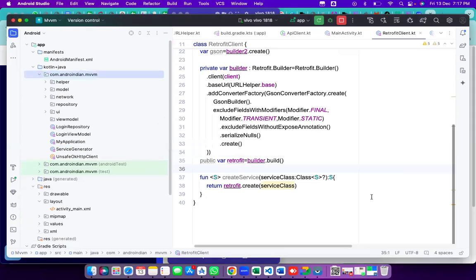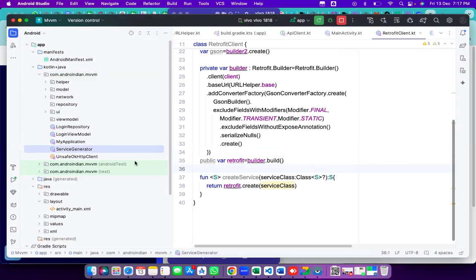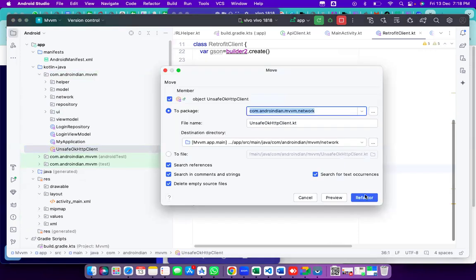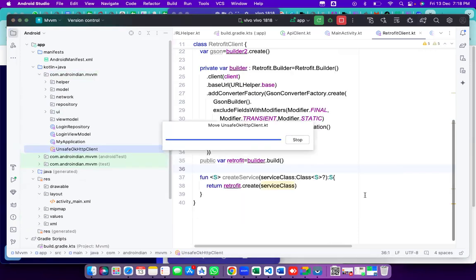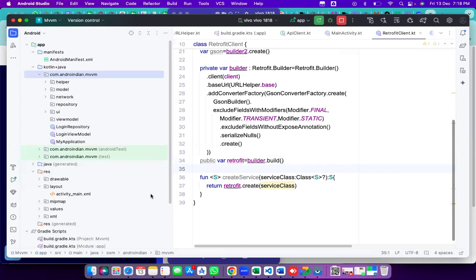Then after that, service generator, even service generator also in network. That means those all are network related things it will handle. Even unsafe HTTPS also that should be in a network only. Right. Then after what we created here, this is an